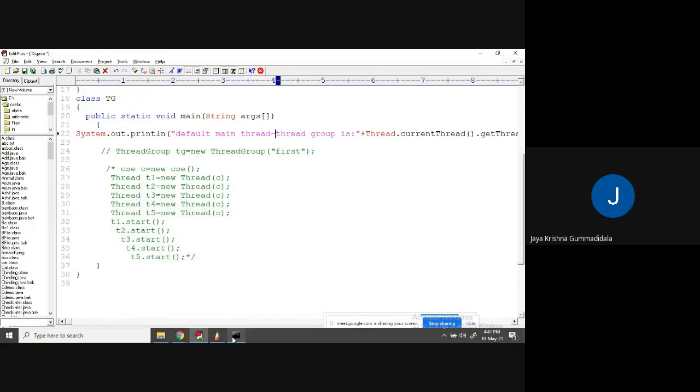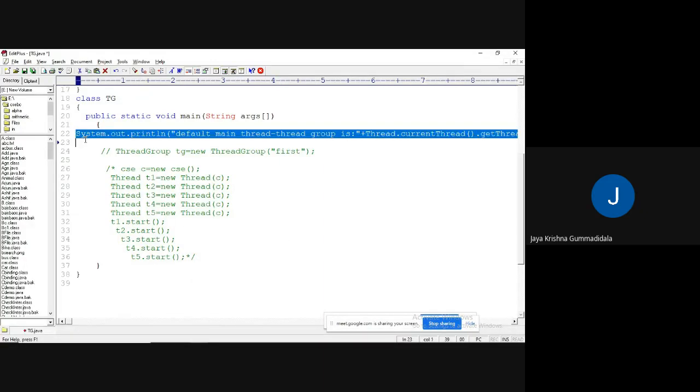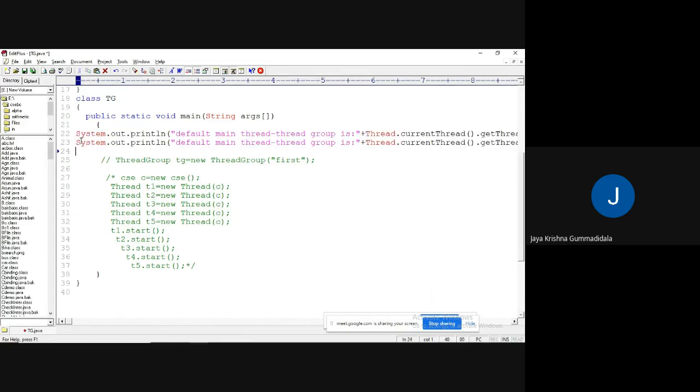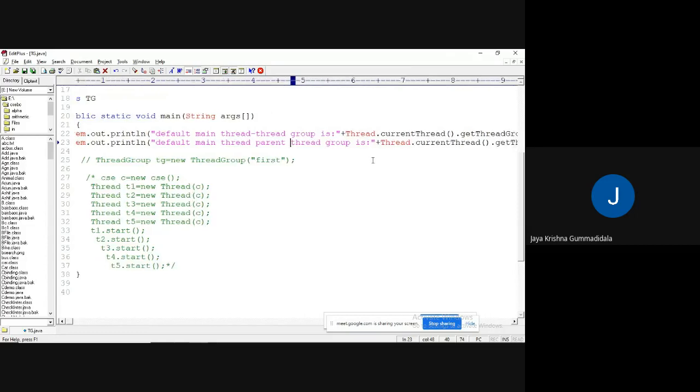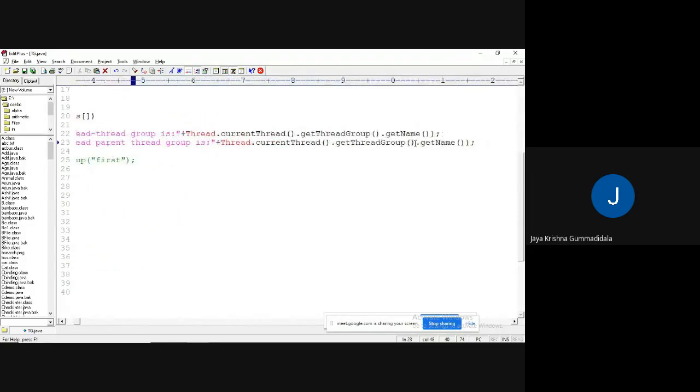If I would like to print the parent of the thread, the current thread, the main thread, what I can do is get the reference of the current executable thread.